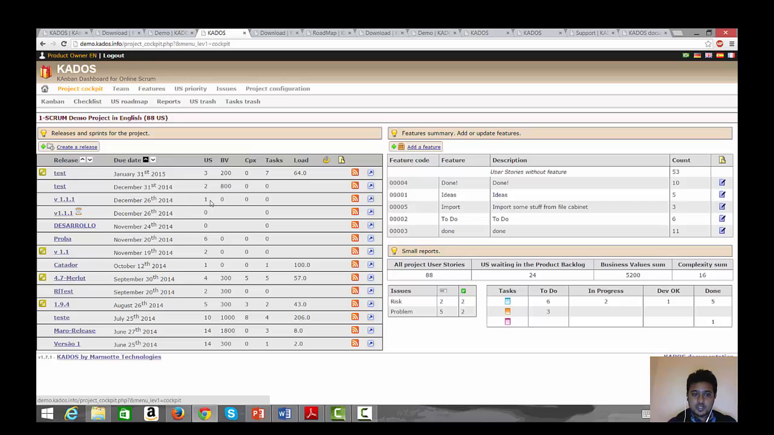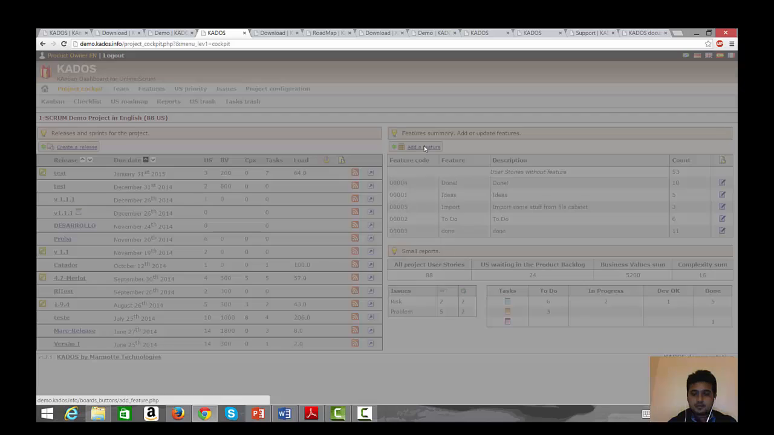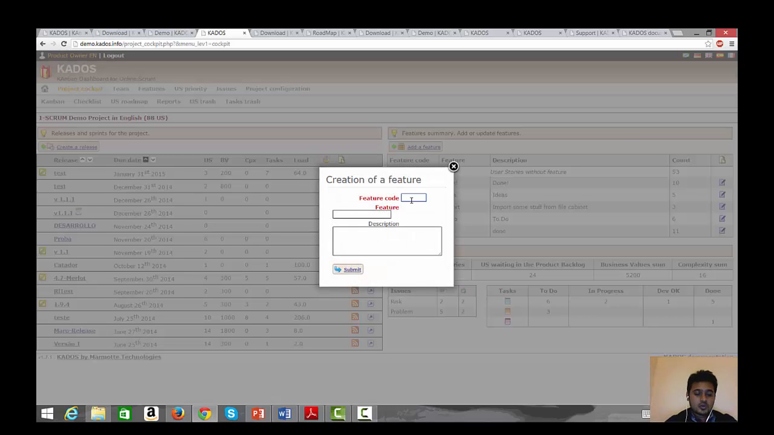So now I have one user story. I didn't assign the business value and the complexity to it, so I don't have any values over here. In the same way, you can add a feature. You want to add a feature code at